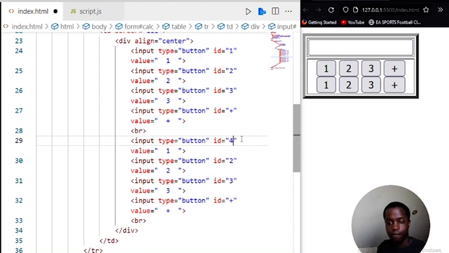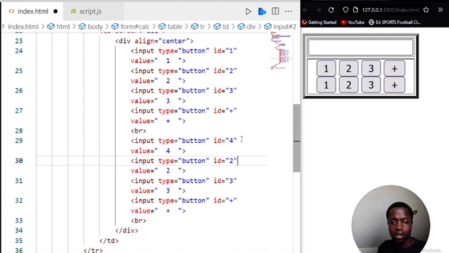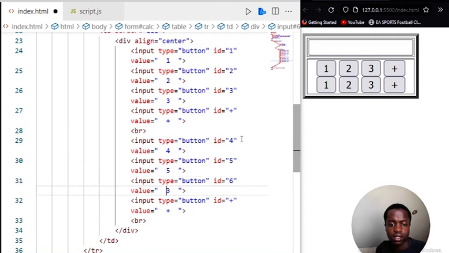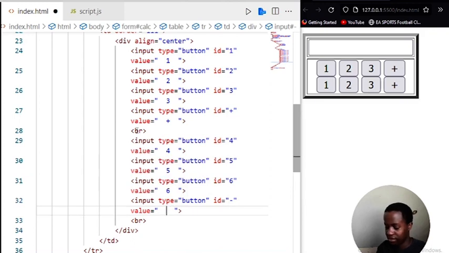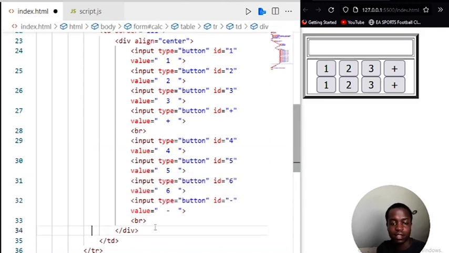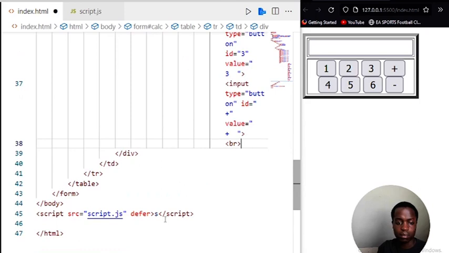we will say 4, give it a value of 4, let's see, 5 for the next one, and 6, and instead of plus, it's the minus operator. Correct. So just go ahead and type in the minus there. Control S. What's happening? Cool. So Control S again,